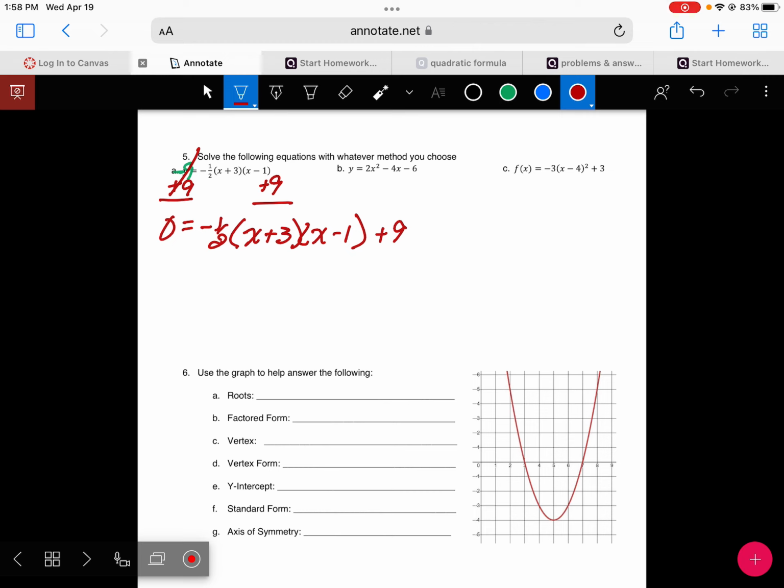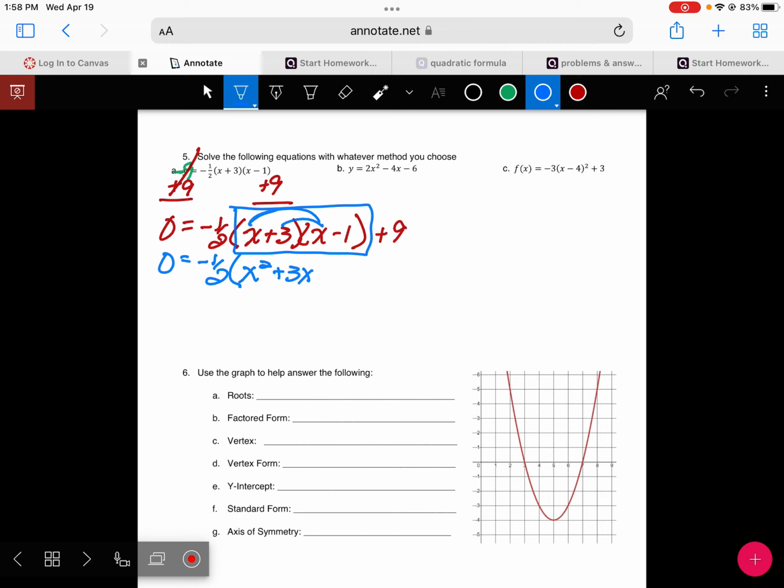Any ideas? Distribute the negative one. Yes, you need to do double distributive property in here. Just leave the -1/2 out front first, or to begin with. So we'll get to the -1/2 later. But in here we have x times x is x squared plus 3 times x,